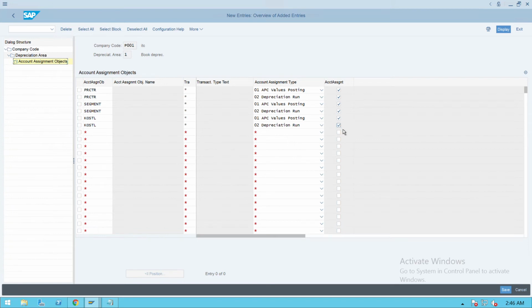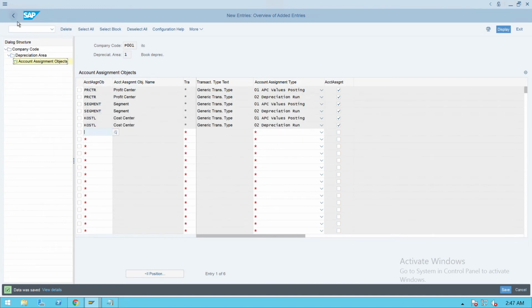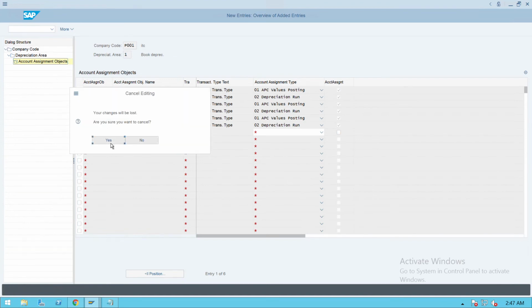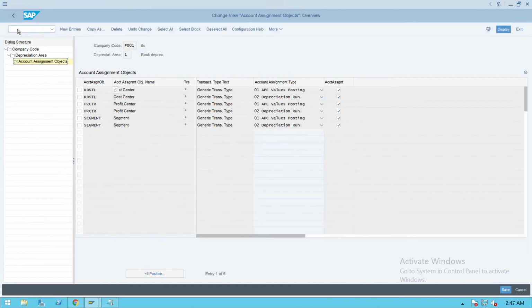Press enter and save it. So for that, what we will do is, for the next one we'll copy this. We'll see how many are copying, and the remaining we will do manually. Go back, escape, yes, go back now, back,